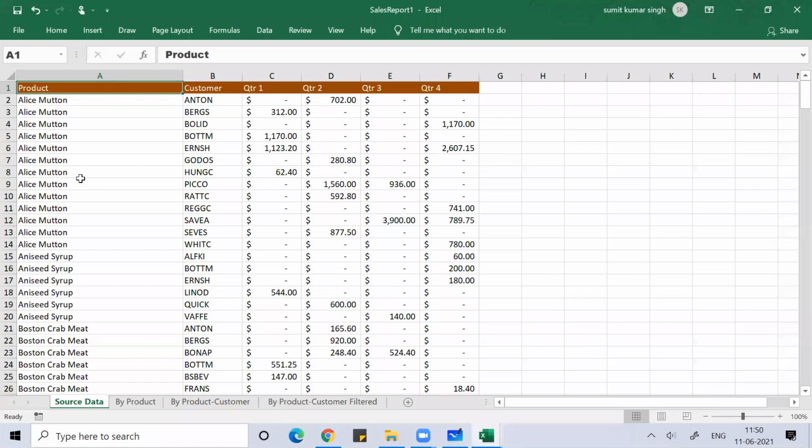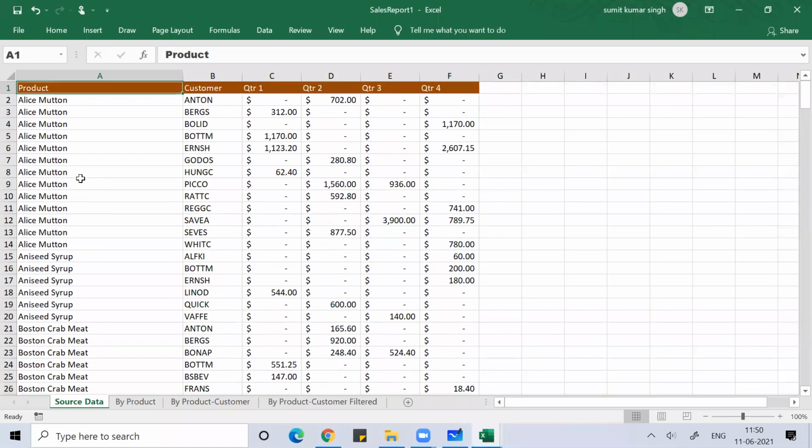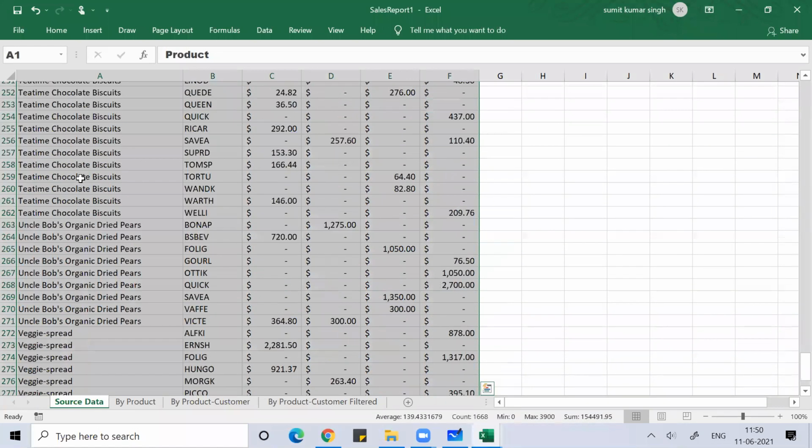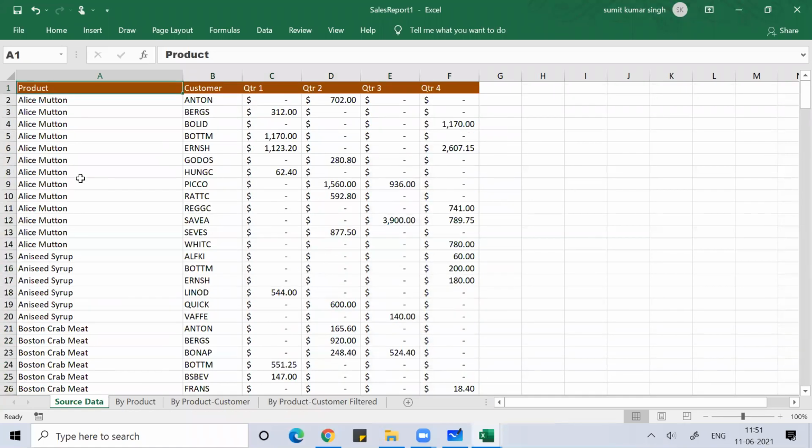So Control with the arrow keys helps you navigate from one end to the other end. If you press Control Shift right arrow down arrow, everything gets selected. See that? Control Shift right arrow down arrow, everything got selected. So what is the use of Control and Shift? The purpose of doing this was to make you understand the application of the Control key and Shift key. By using Control and Shift, this is what you can do.